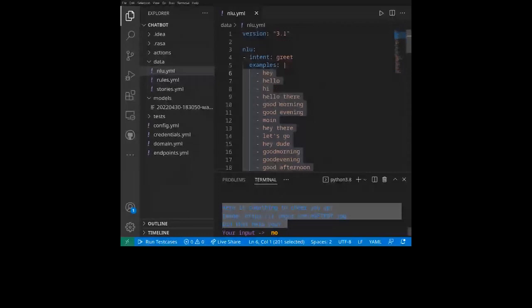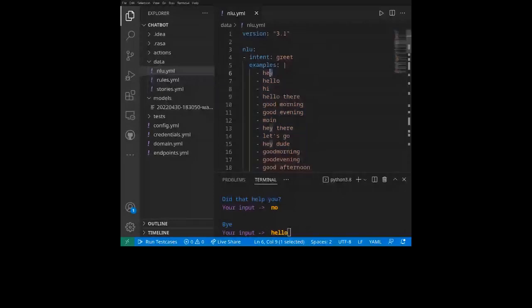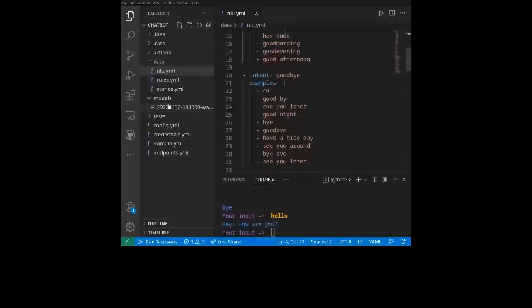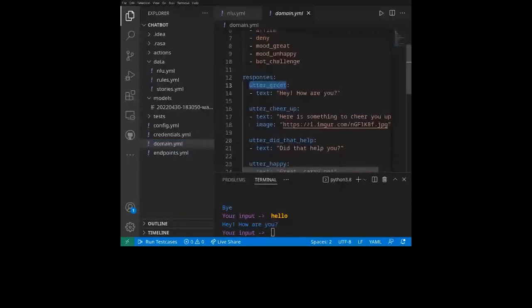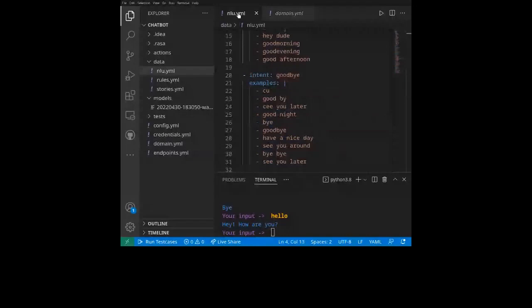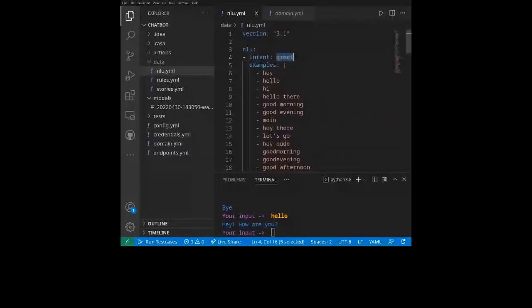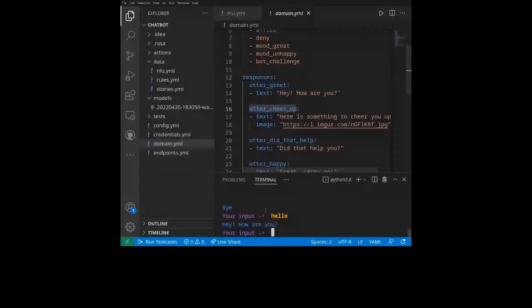So when I am saying hello, it gets to know that this intent is the greet intent, and this is because we have given the example of hello. When we say hello it gets to know okay, this is a greeting, and it says the answer which is given in the domain.yml, the utter greet. Now responses are written here, but how does the code know that this is a greet? Then we will do something called utter greet or utter cheer up. Like when it thought this was sad, it gave something called utter cheer up.